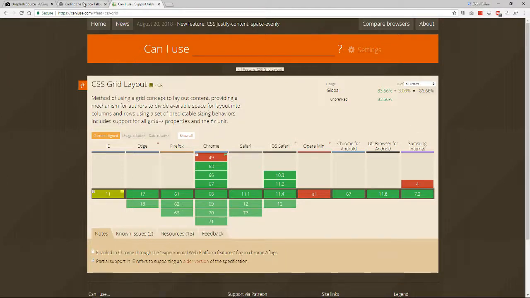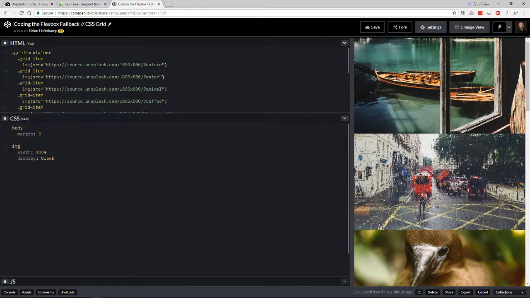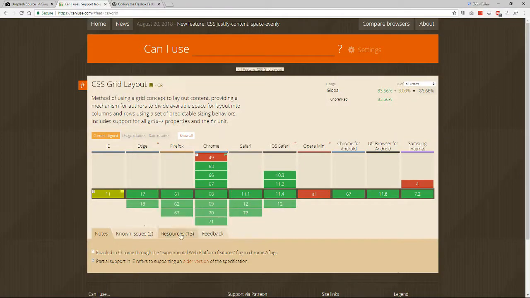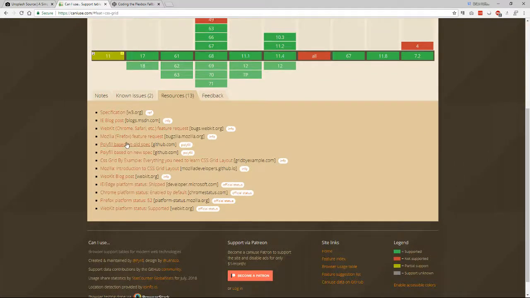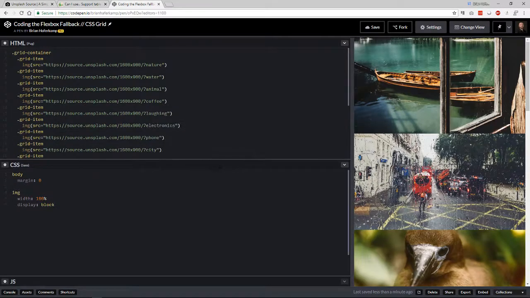And one way that we can offset that is by using the Flexbox fallback. There's also a polyfill out there that you can use. If you look in the resources section, there's a polyfill here on GitHub that you can use, and I don't know if there's any other resources here, but you could use that and plug it in, and it should help you to do cross-browser. It probably would go back farther than IE 11, but Flexbox is actually